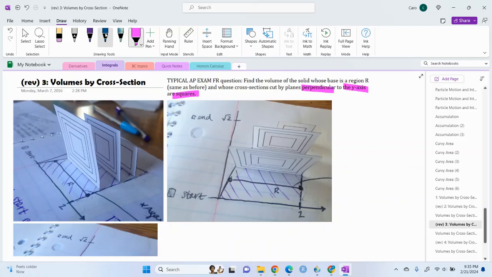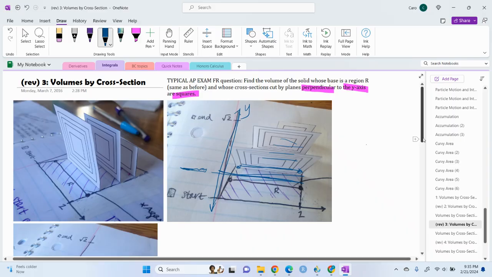And if we chop perpendicular to the y-axis, that's going to give us a square. So that is why, whenever you do this in your notebook, remember this is your y-axis, for example, here. And what would perpendicular to the y-axis look like? That'd be like this. So imagine you're taking your knife, here's your handle, and you're chopping like this, and you end up with squares. So make sure they're going horizontally, not vertically, in your notebook whenever you glue these things